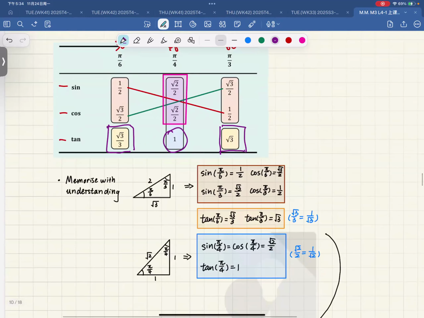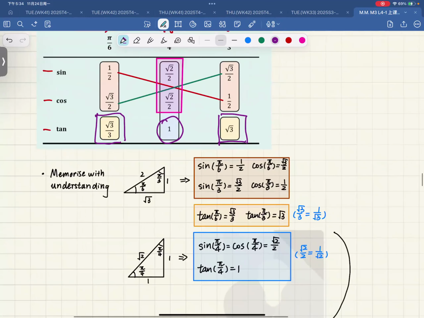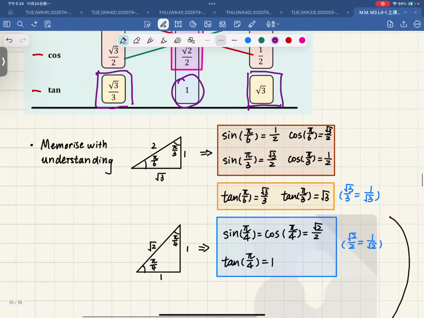Or you can memorize with understanding. Based on the Pythagorean theorem, if that's 1 and that's 2, that must be square root of 3. And that's pi over 6, that's pi over 3. So sine pi over 6 is equal to 1 over 2. Cosine pi over 6 is equal to square root of 3